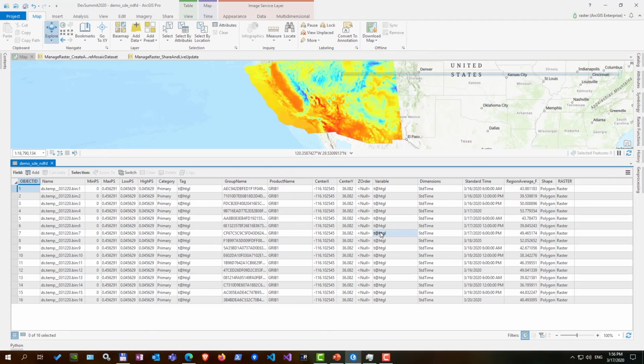And if I want to keep updating my service to deliver the most up-to-date forecast data, then you will have to keep on downloading the new data from the FTP site, removing the old records from the Mosaic dataset and adding new forecast data. Now the way to do that is very straightforward. So now that you have your image service published,